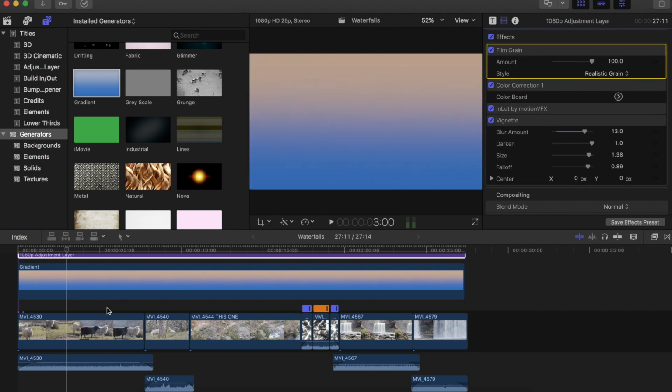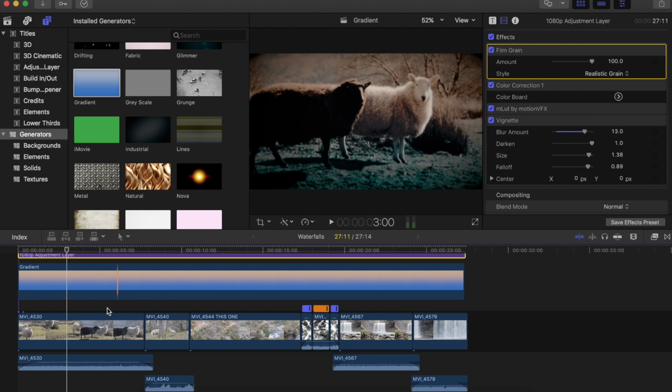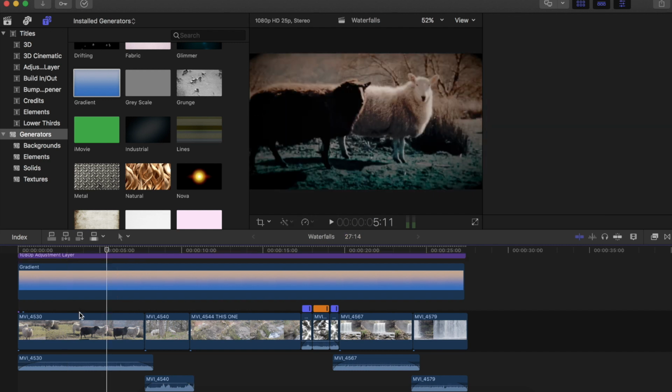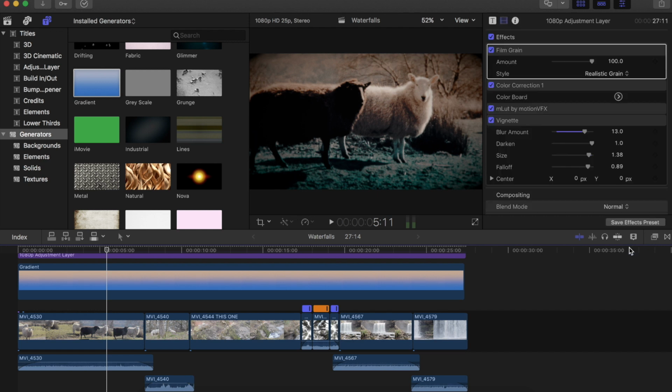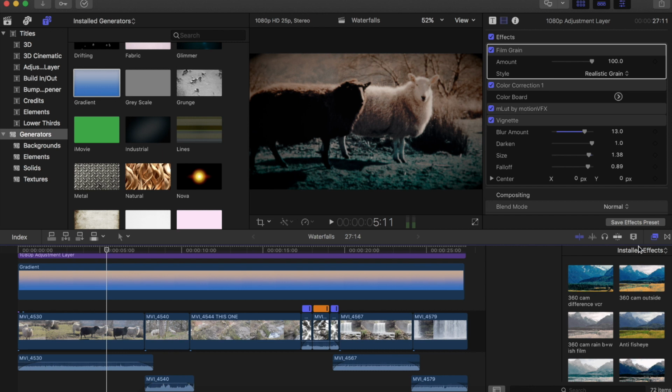Okay, so as you can see here slightly, this is underexposed, okay? So we want to go to our effects tab, bring in the color corrector again,